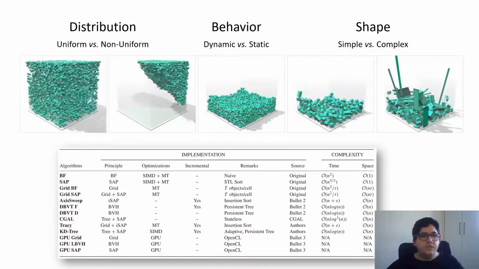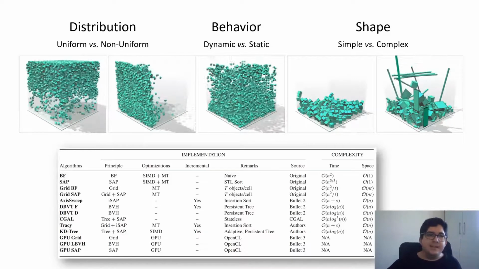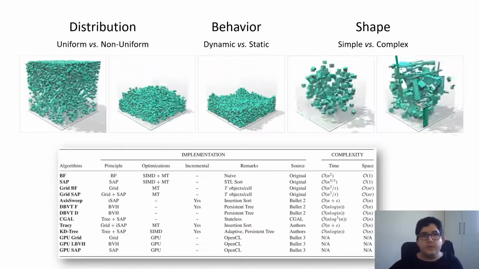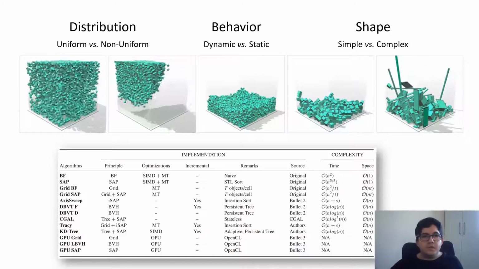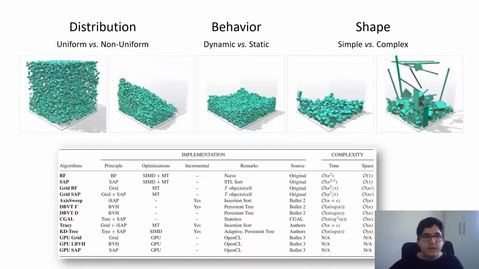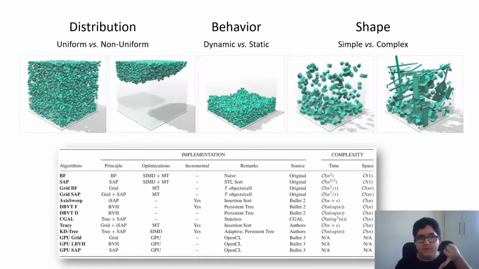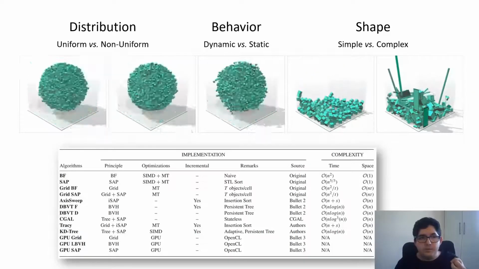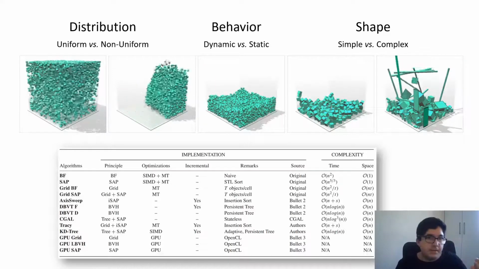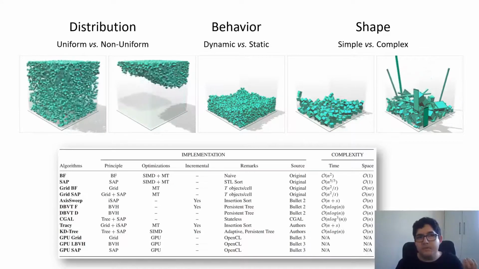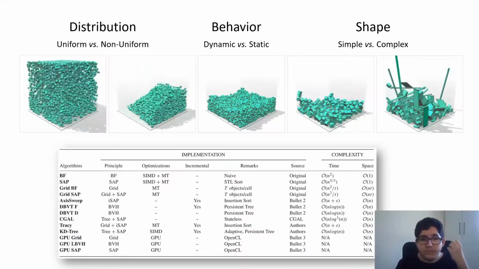We can do uniform and non-uniform distributions, which is common for people that are doing grids. We can do dynamic and static scenes, which is a major component of broad phase design, and can also simulate simple versus complex objects. And there are benchmarks, there are baselines for the best serial solutions, parallel solutions, and GPU solutions from Bullet, and those come from academia. Some are from papers, some are from Bullet, some are from Seagull,